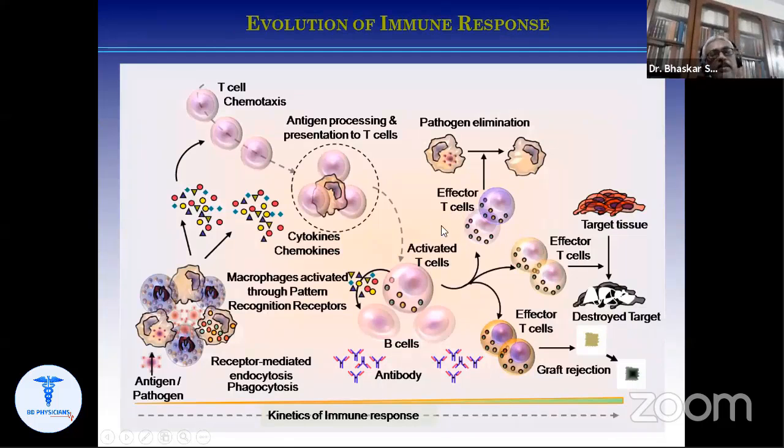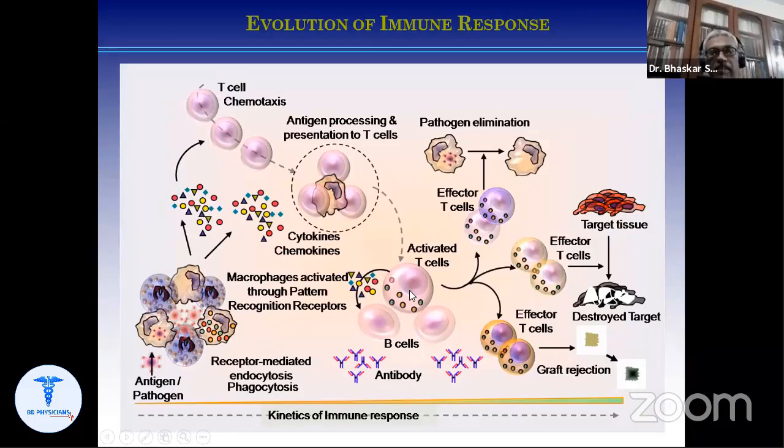So basically what we see here is that at time zero, when there is an antigen or a pathogen, it triggers the activation of innate immune cells like neutrophils, tissue histiocytes, or infiltrating macrophages, eosinophils, basophils, or tissue mast cells, and then they secrete different cytokines, chemokines, and other mediators, and they then chemo-attract the T cells to the site of infection, and these T cells are activated by these different antigen-presenting cells like macrophages and dendritic cells, which acquire the antigen by endocytosis and phagocytosis, and present that to